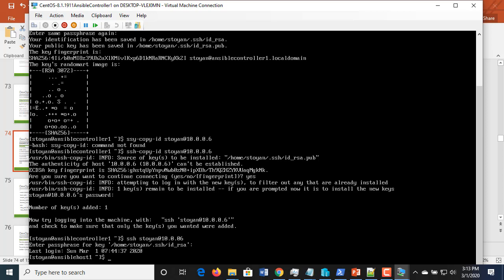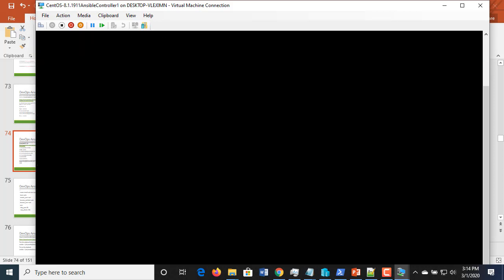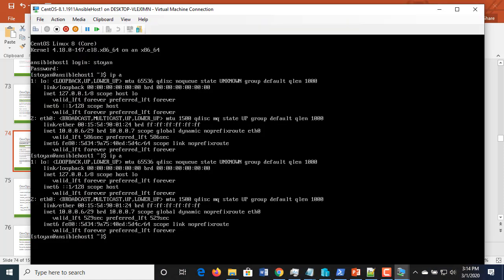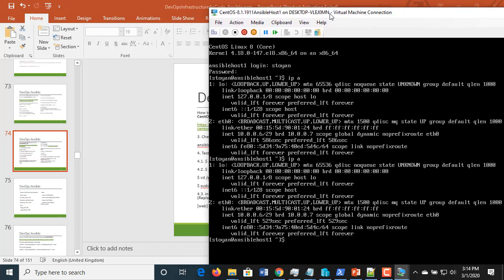How have I been able to connect to my remote, because I am on the Ansible host right now? Okay, whatever. So log out, clear. Now I can connect to my server. Let me go back there and try to escalate the